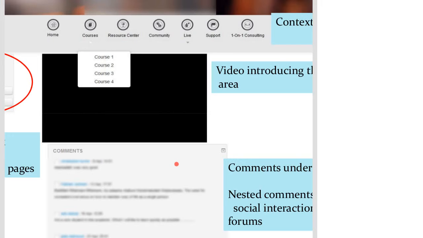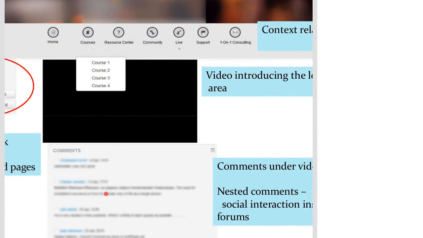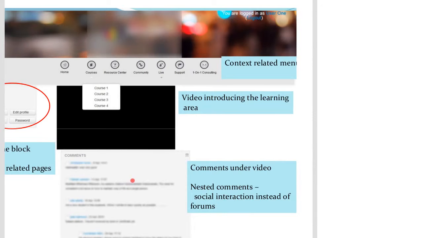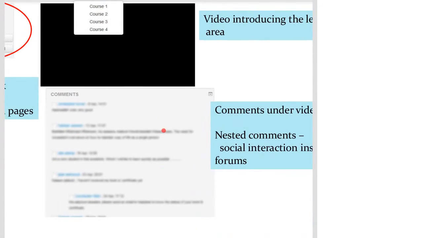So we customized this theme and allowed blocks to be added to the center region, and what we used were comments blocks throughout the Moodle pages. So every page or every resource or activity of Moodle had a comments block where the users can easily interact with each other. And the comments block also was customized, though I'm not sure how.